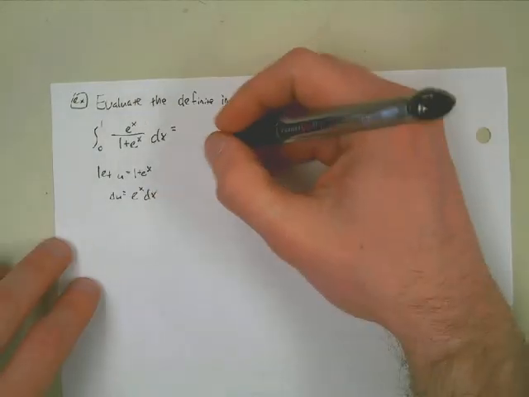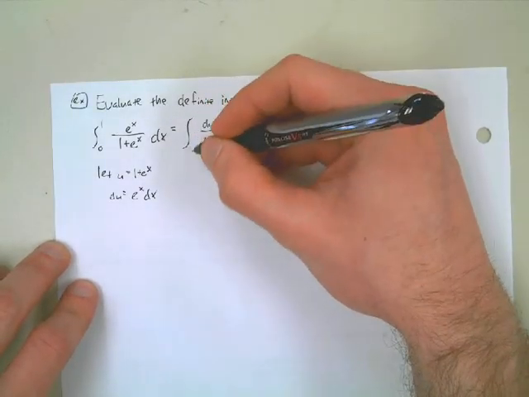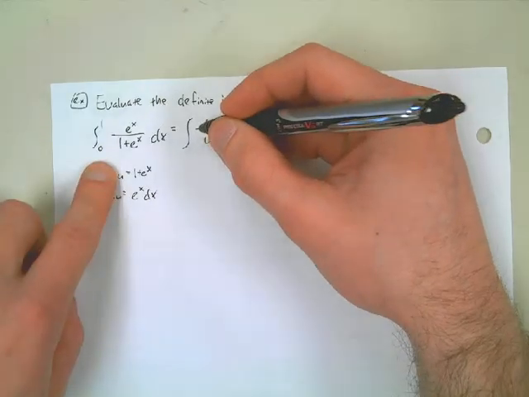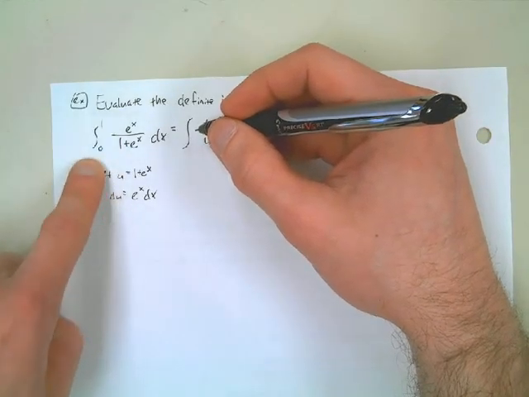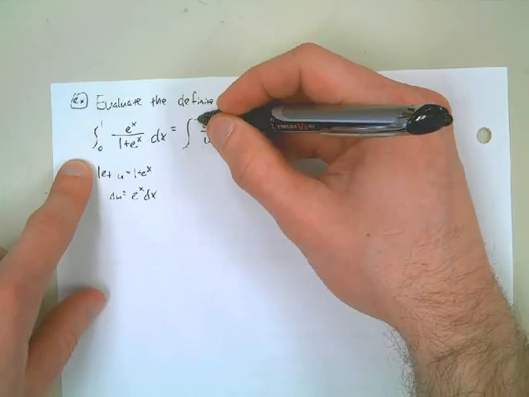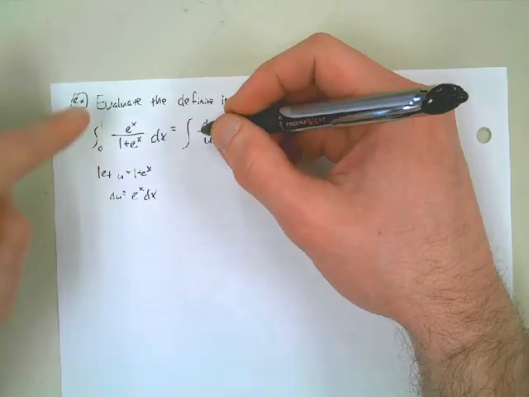Okay, so yeah, du over u or 1 over u, that's fine. And integral from 0 to 1? Why not 0 to 1? That's what my limits were right here. Oh, never mind. Do I want 0 to 1? Wait, no, you don't, because it's in terms of u. Right, there we go. Okay, so it's a definite integral, but 0 to 1 are limits of integration in terms